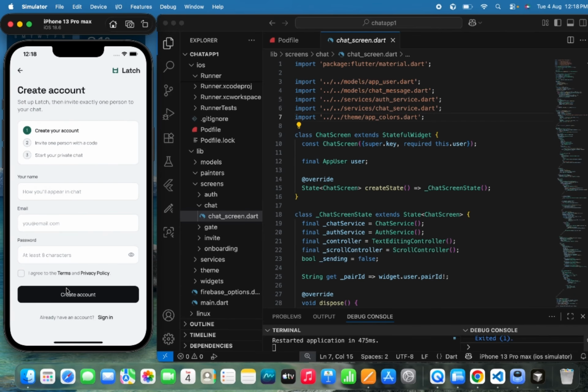So I'm going to click on this create account. Now I need to enter the name. So I'm going to enter my name and then pass a random email ID, something like this. And then I need to pass a password. So I'm going to pass a password, agree to the terms and conditions, and click this create